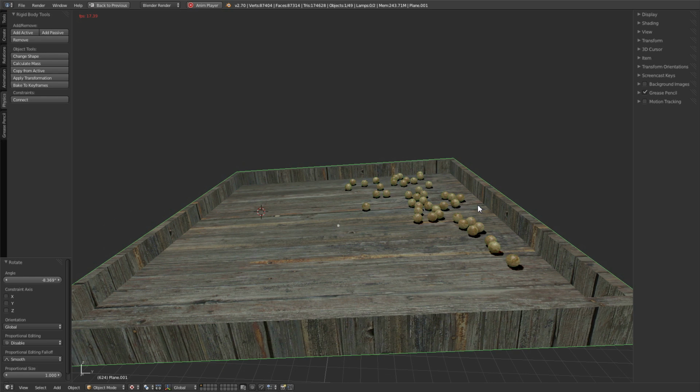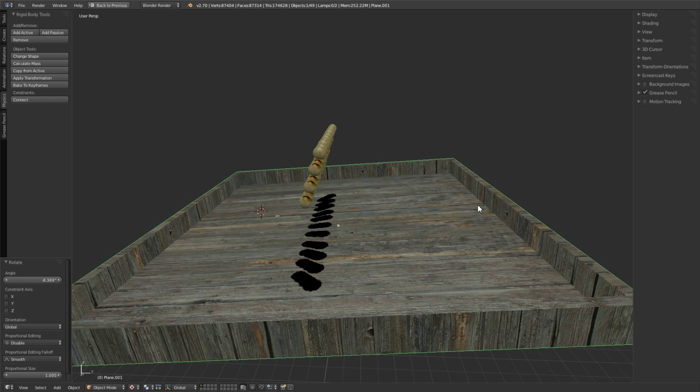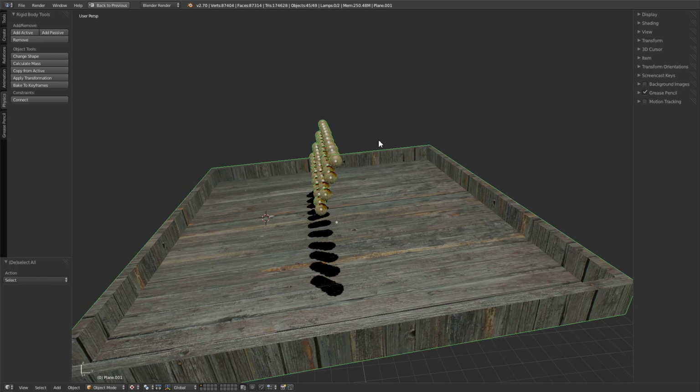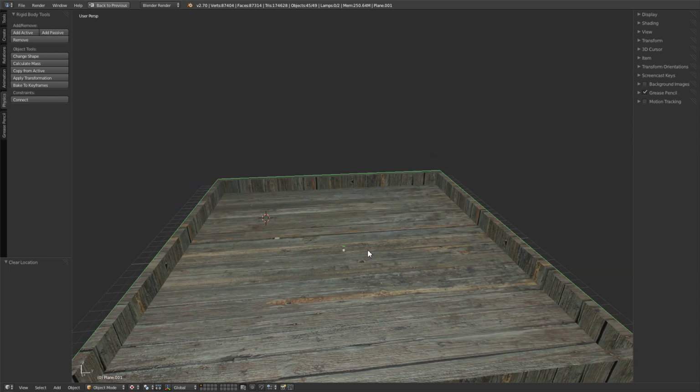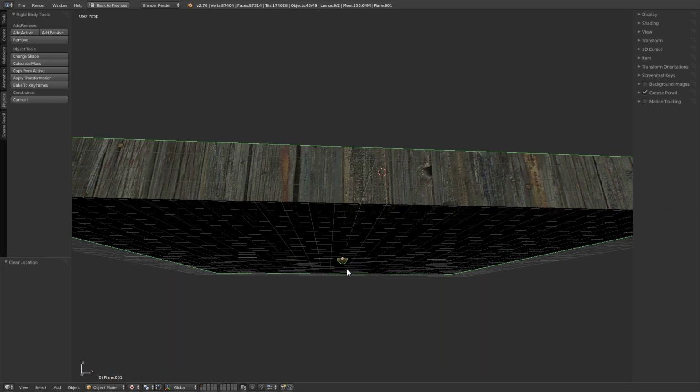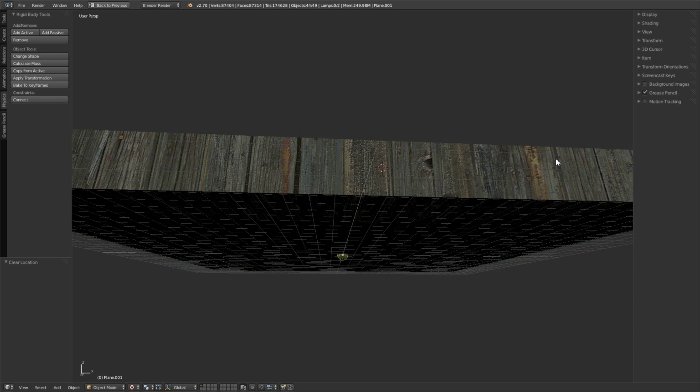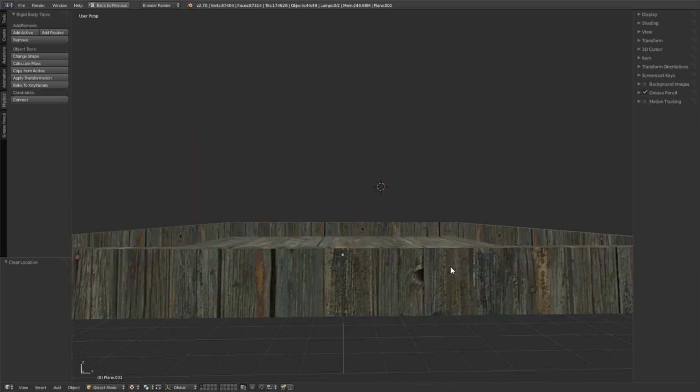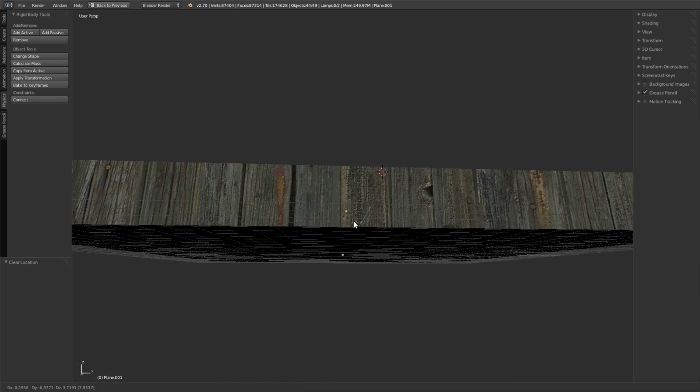I'm going to tap Alt-A to stop, Shift-Alt-A to reset it. So let's tap A to select everything, and then Alt-R to reset their position. And then I'm going to Shift-select this box so that only the spheres are selected. Hit G to grab, pull them up,